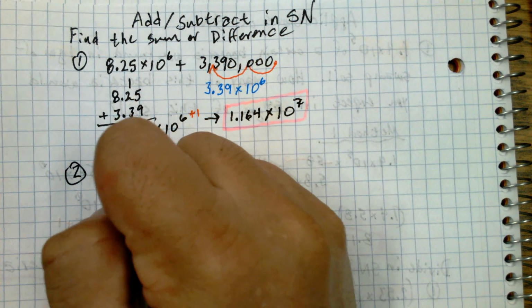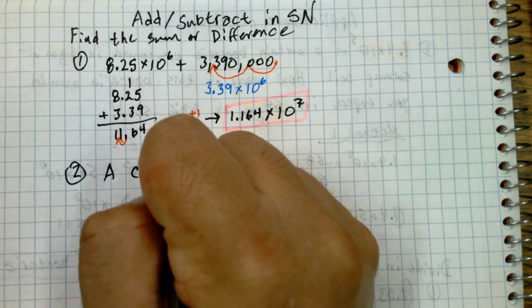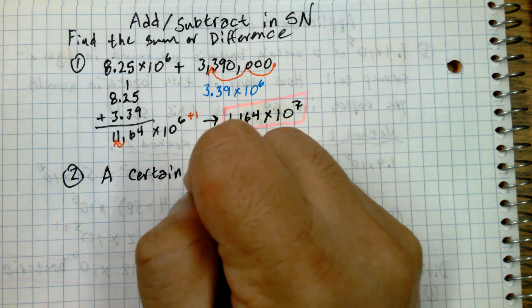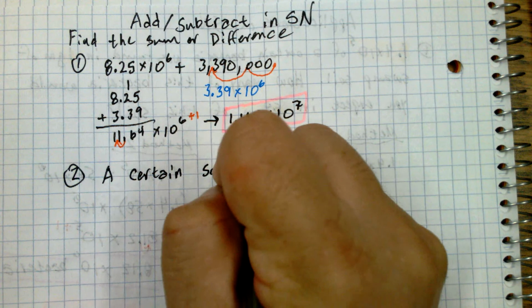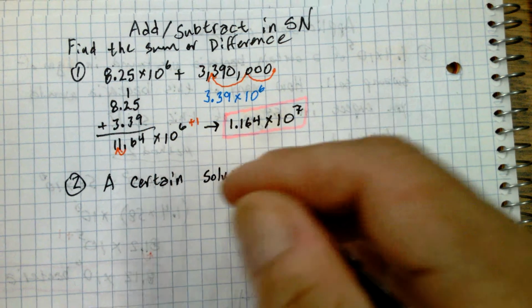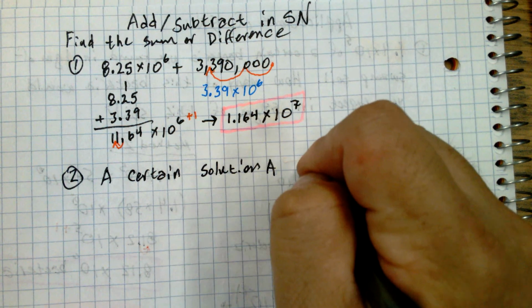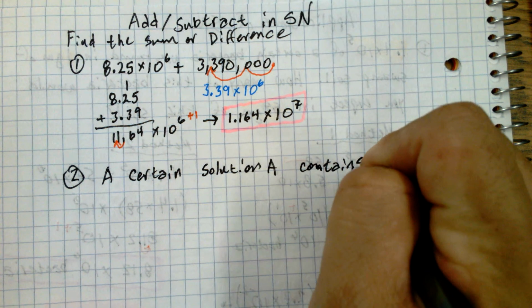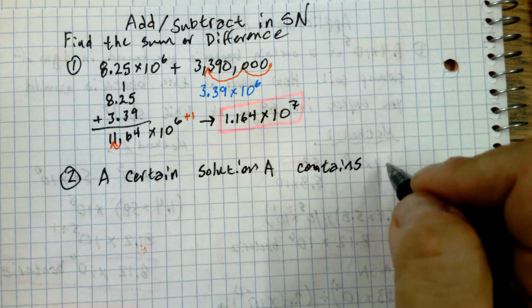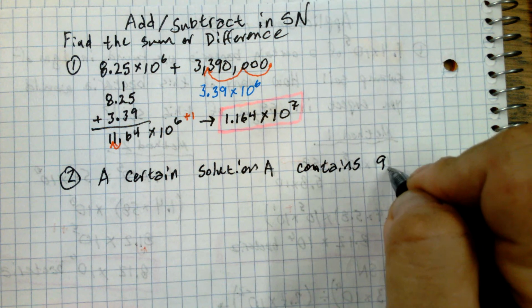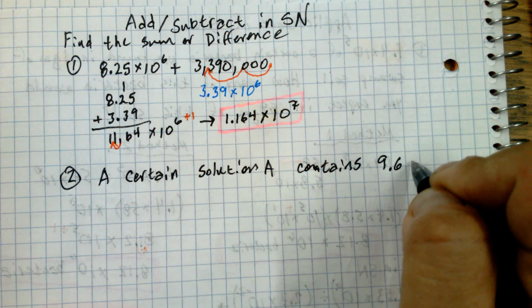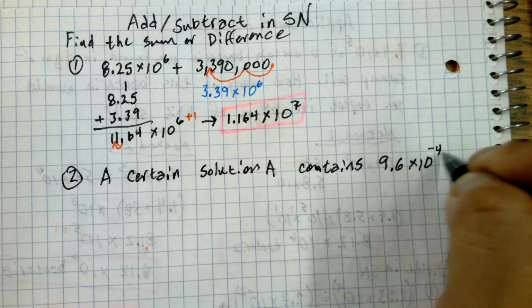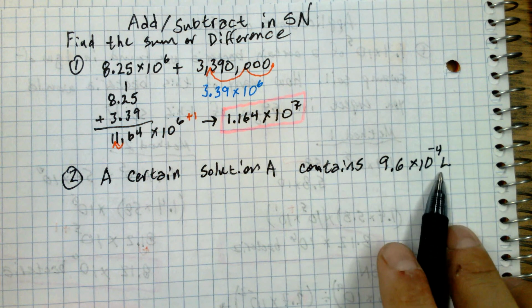A certain solution A contains 9.6 times 10 to the negative 4 liters. I'll use L for liters